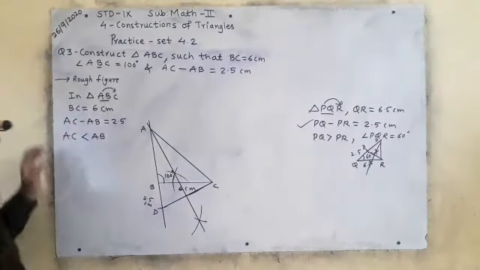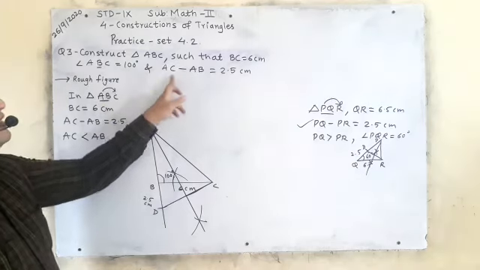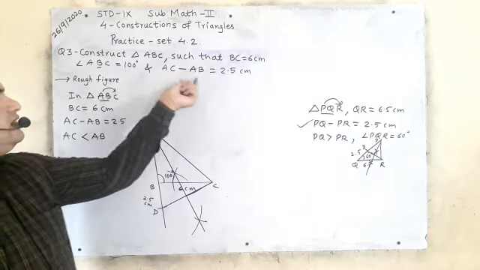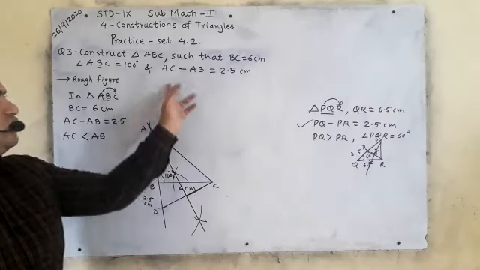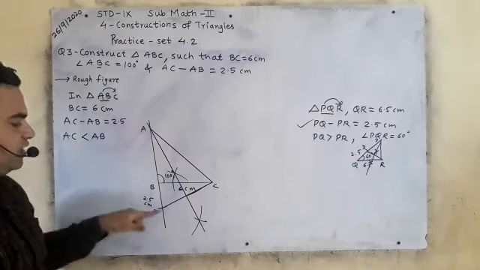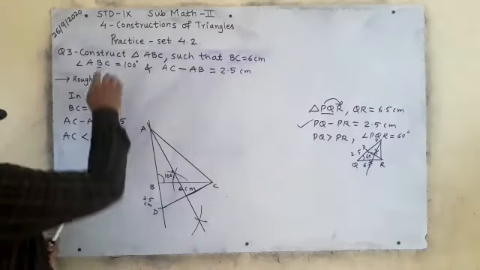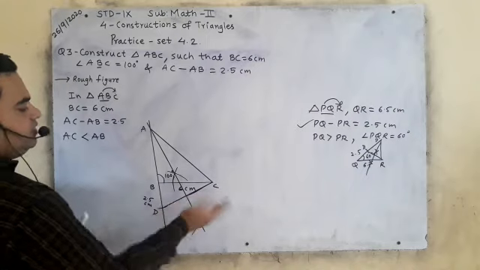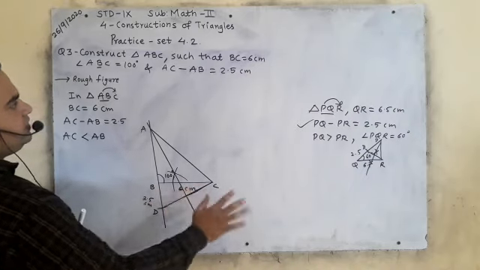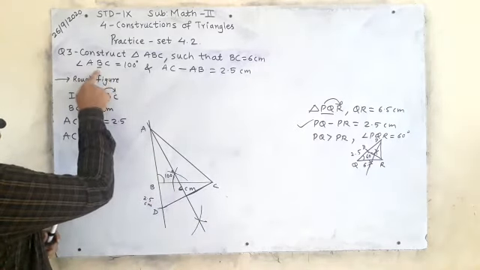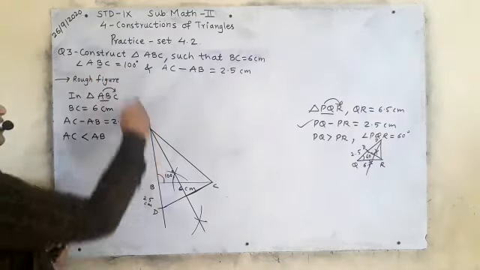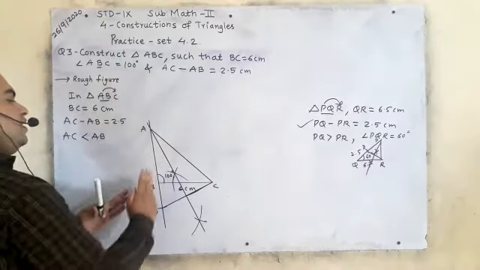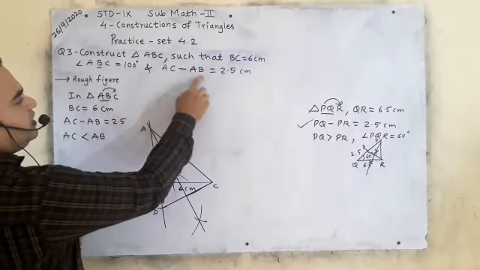Now look here, question number 3. Okay, here AC minus AB, which is not correct. AC is the smallest side and AB is the bigger side, so it is not correct. Therefore this arc will come below. Okay, construct triangle ABC such that BC 6.6 cm, BC base 6.6 cm, then angle ABC, B comes in between. B is of how much degree? 100 degree. Take BC base, take 100 degree B angle. Okay, then AC minus AB is 2.5.